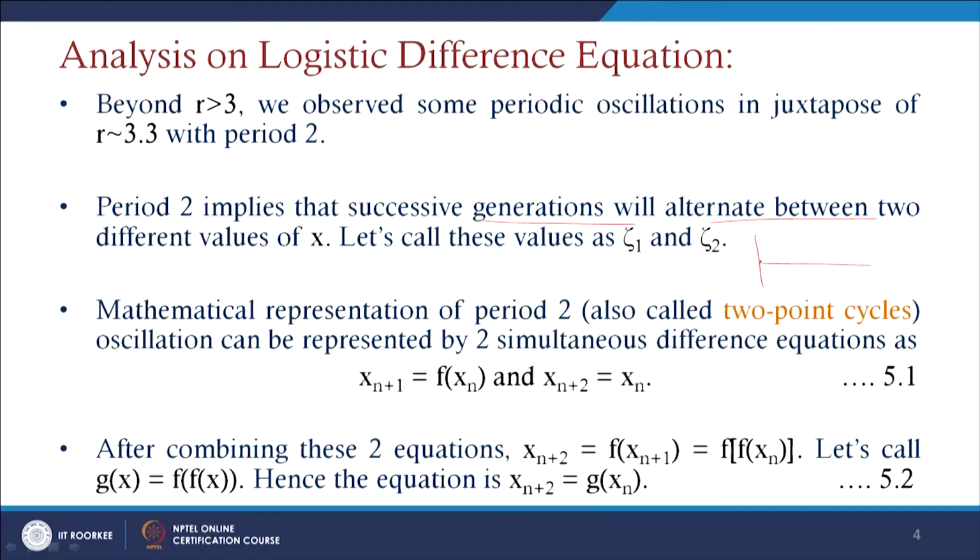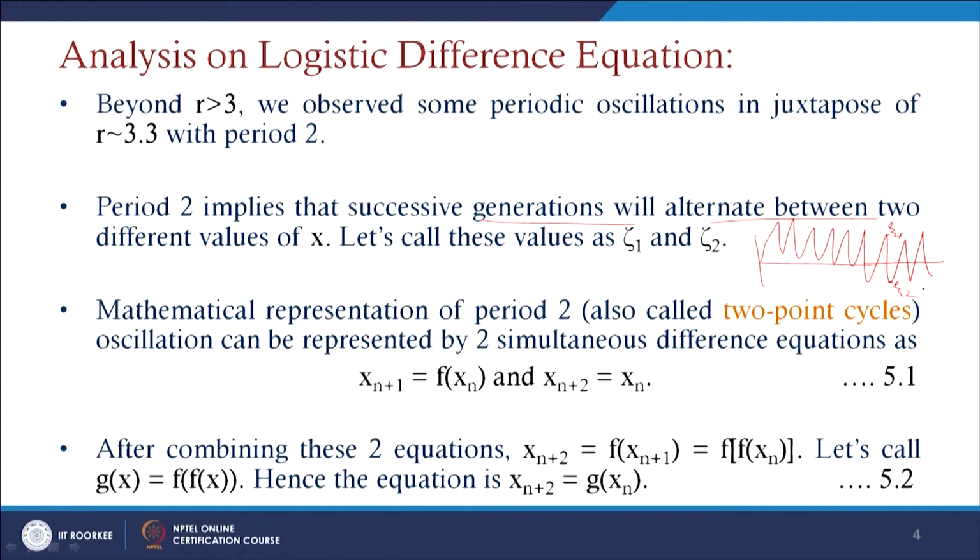In the graphical sense, if you see there is an oscillation of these values, then after a certain time you find there is a fixed variation of these values at infinite time levels. And if we consider the upper level value as zeta 1 and the lower level value as zeta 2, then based on these values we can find the stability of this formulation.